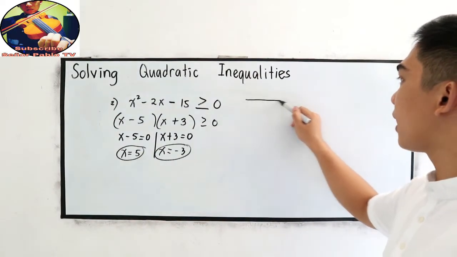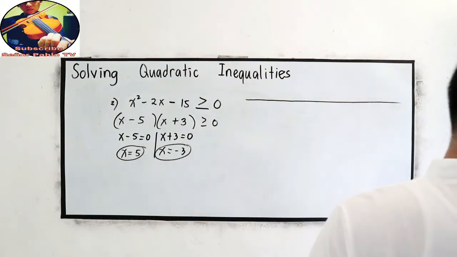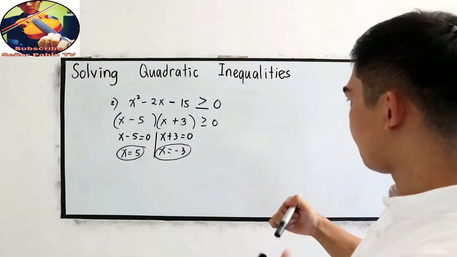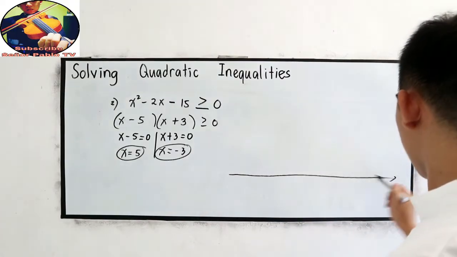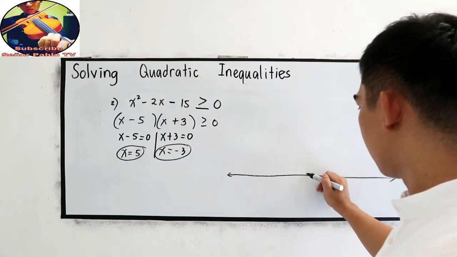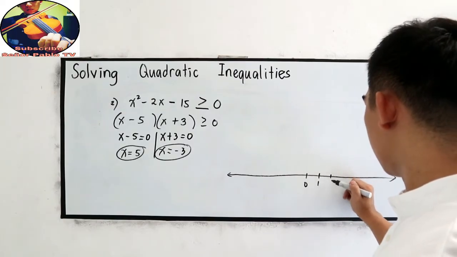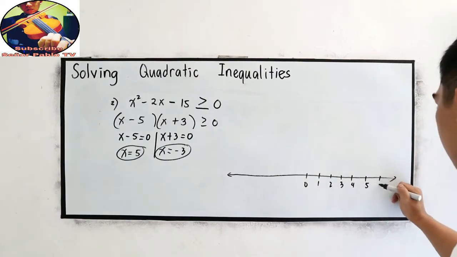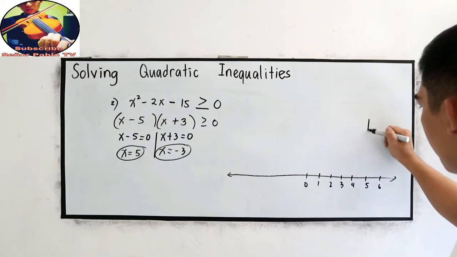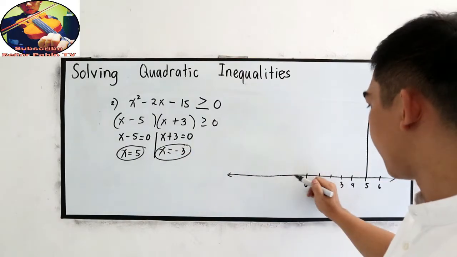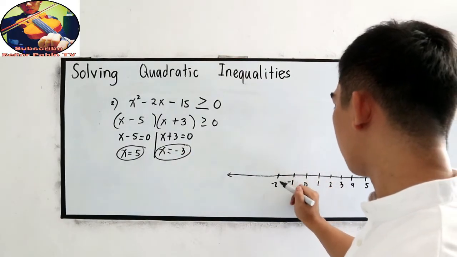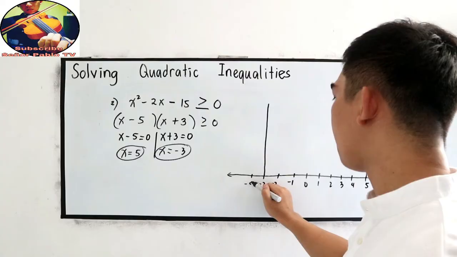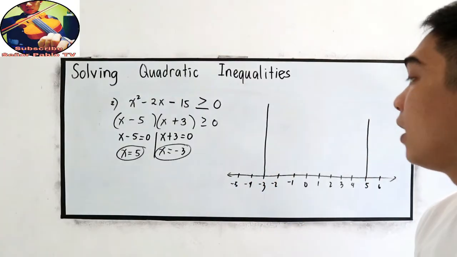Now, using our number line, locate positive 5 and negative 3. This is our number line. 0, 1, 2, 3, 4, 5, 6, so on. So positive 5 and negative 3. Negative 1, negative 2, negative 3. Okay. Then negative 4, negative 5, and so on. And let us check